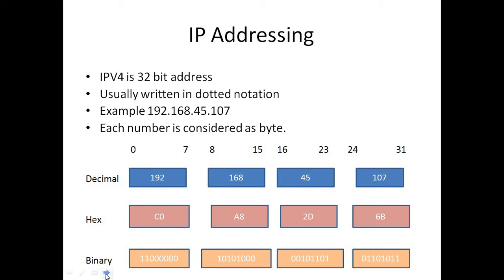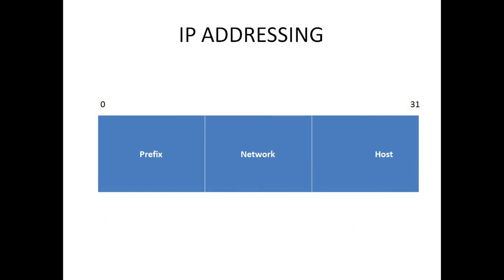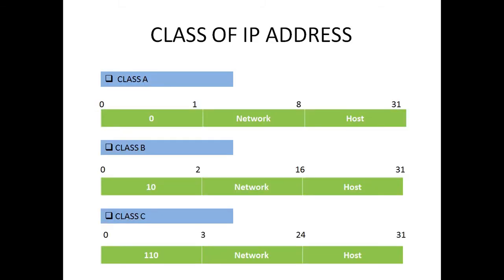There are different types of IP address that can be represented in different forms. One is a decimal form, second one is hexadecimal form, and third one is a binary form. An IP address can be identified by using prefix, network, and the host part. So it consists of prefix, network, and the host part. Class A address has a starting prefix of 0, class B has a starting prefix of 10, class C has